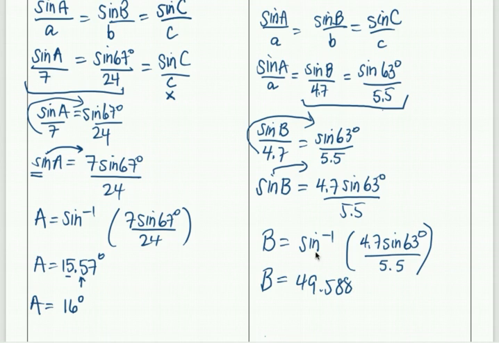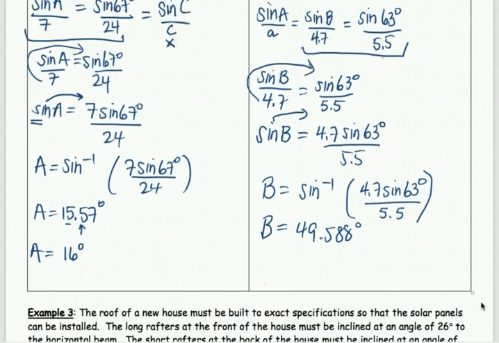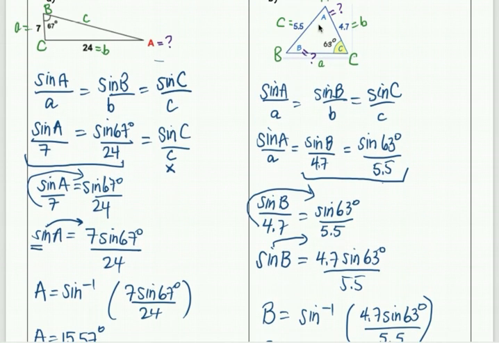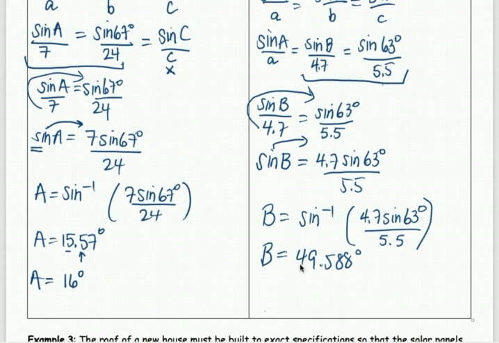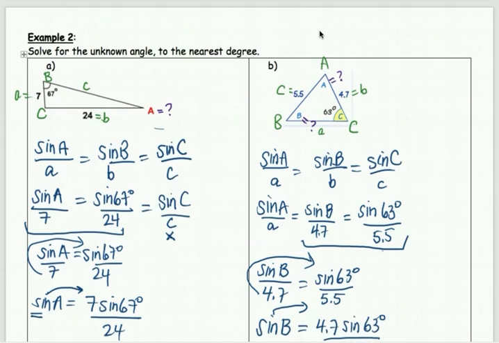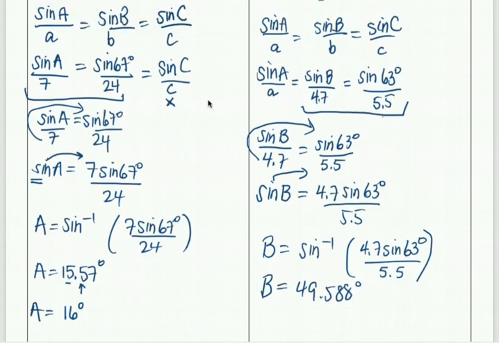Okay, and again, because we did the inverse, we needed to find the angle. So there's B. We found one of the angles, but we need to find A as well. I'm not going to round up B yet because we still have to find something else here, A. Remember, round up at the end when you're finished the question. So A, if I write that in now, I know that B is